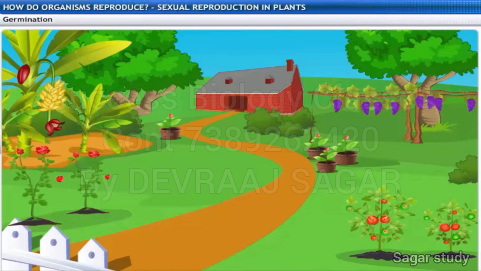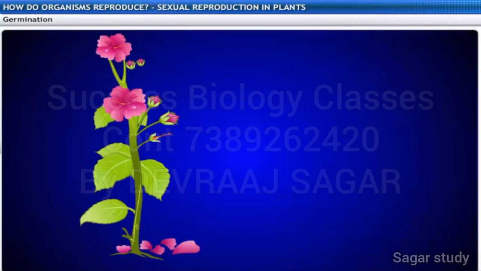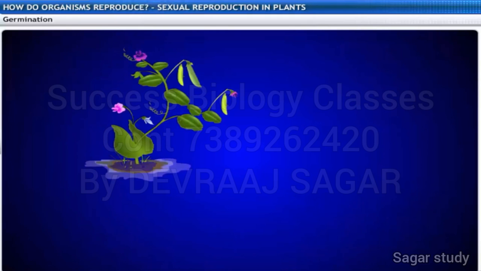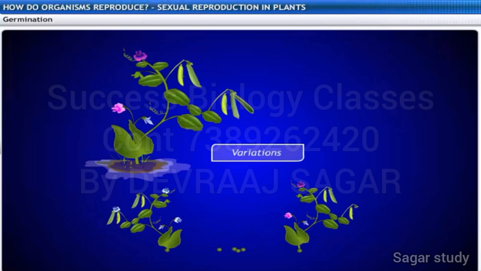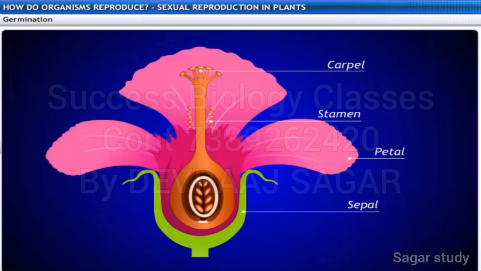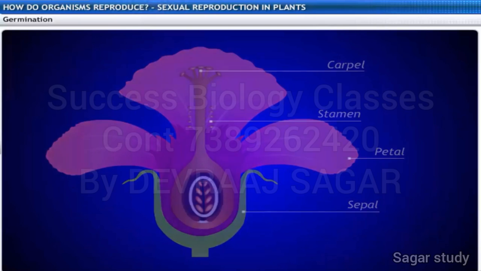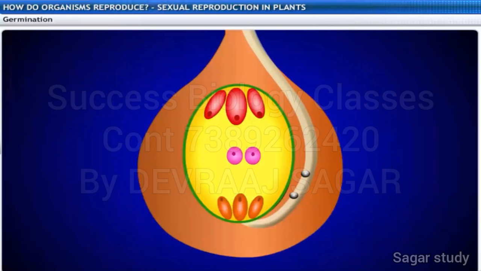So, happy gardening! This is the end of our discussion on sexual reproduction in flowering plants. In this lesson, you learnt about the importance of sexual reproduction, the reproductive parts of a flower, and the process of reproduction in a flowering plant. To revisit the key points,